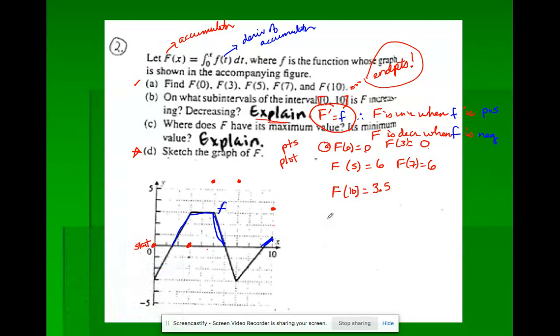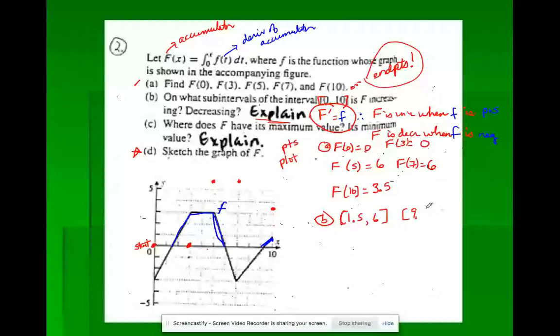So for part B, I just have to list the intervals. I've done my explanation up there. And you're allowed to just kind of guess here, right? So be nice to myself. I'm going to guess that's 1.5. And AP doesn't care if you make these soft brackets or hard brackets on turning points, so don't worry about that. But definitely include your endpoint. So that's increasing,